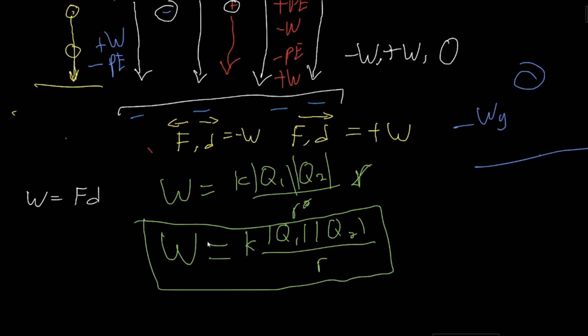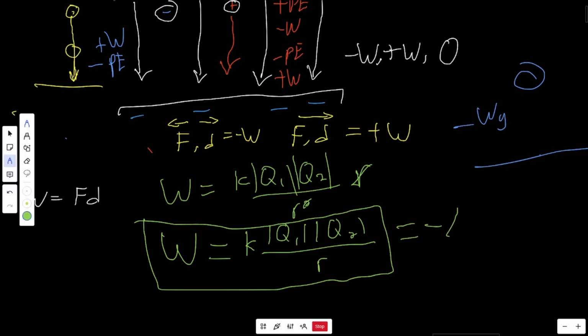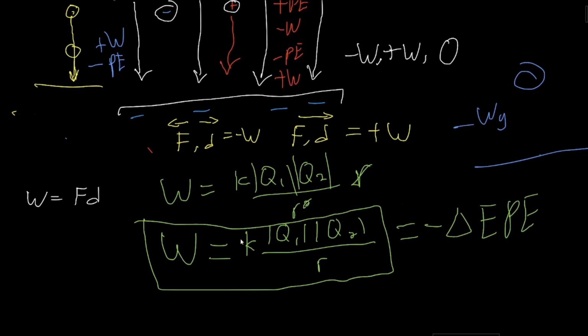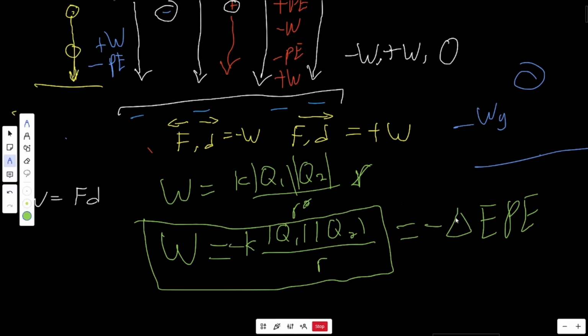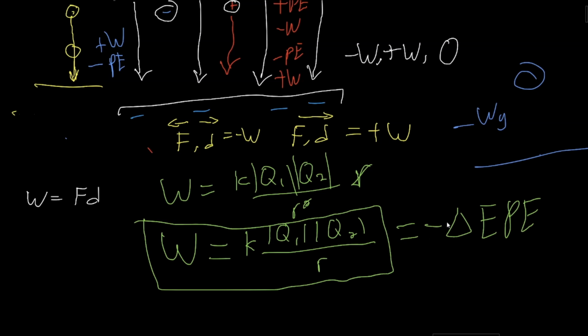Now, again, work is equal to negative change in PE, which in this case is electric potential energy. So in other words, if we want to get the EPE, we can just put a negative sign there and then make this positive. And yeah, basically we just mess around with these equations. And solving is quite straightforward. So let's imagine, for example, that we have